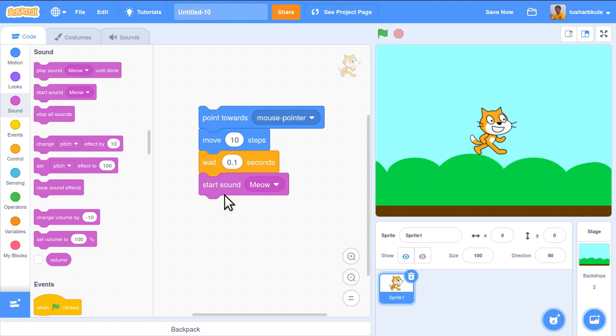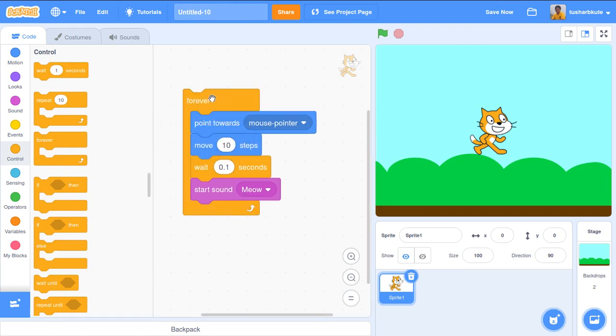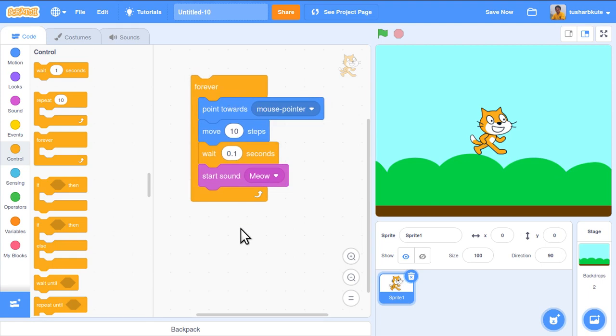To do this, we'll go to controls, and in controls we have a forever loop. Just drag it and put it over all of these steps. Now the operation this cat is doing will be executed forever. Now my program is completed.